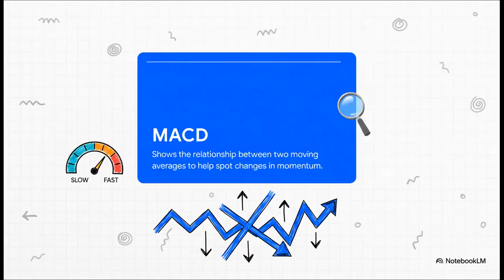Okay, let's get a second opinion on this momentum with an indicator called the MACD. Now, this one sounds complicated, but think of it as a race between two runners. You've got a short-term sprinter and a long-term marathoner. The MACD just tells us if the sprinter is pulling away from the marathoner, which means momentum is picking up